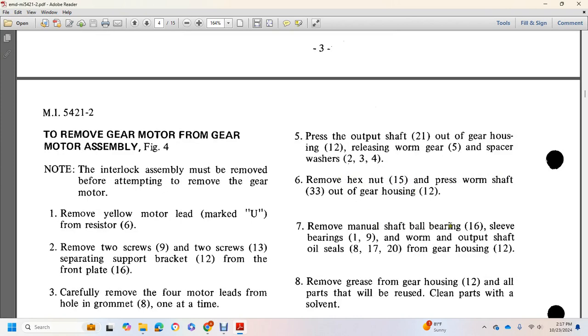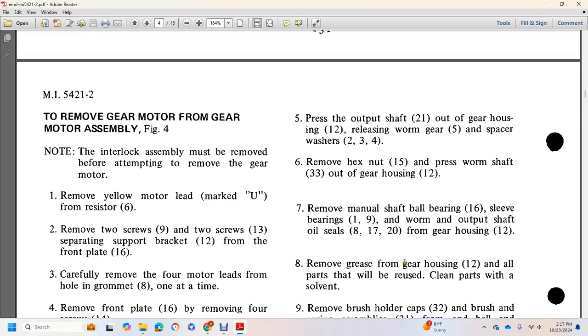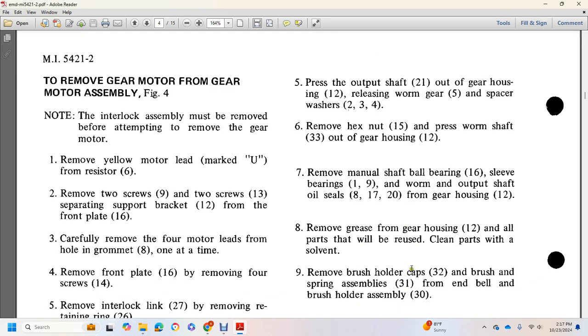Remove the manual shaft bearing 16, sleeve bearings 1 and 9, and the output shaft oil seals 8, 17, and 20 from the gear housing 12. Remove the gear grease from the gear housing 12, allowing the parts to be reused, and clean the parts with solvent. Remove the brush holder